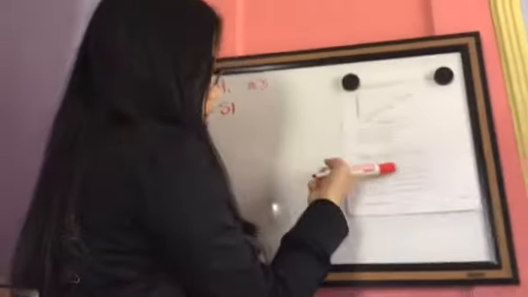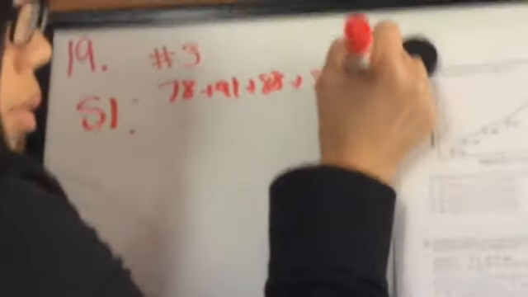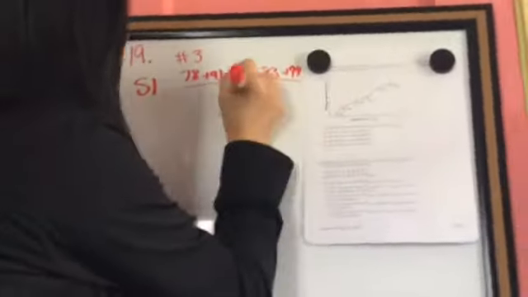So number 19, it asks us about these test scores and how they're related. And you would go through and prove each one of these is either true or false. So I'm going to prove to you why number 3 is right. The mean is the average. So semester 1, we want to see all these. So 70 plus 91 plus 88 plus 83 plus 94 over 5. So the mean is